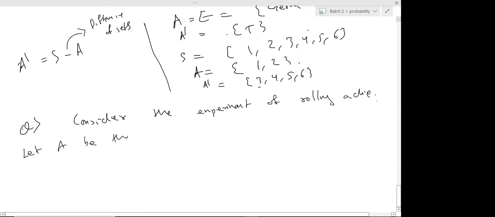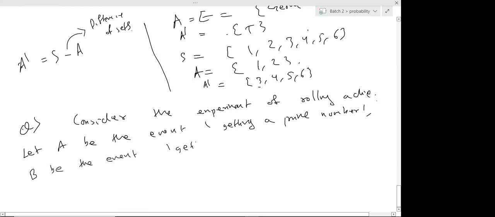Let A be the event getting a prime number, B be the event getting an odd number. Write the sets representing the event